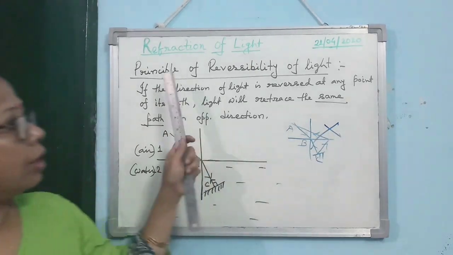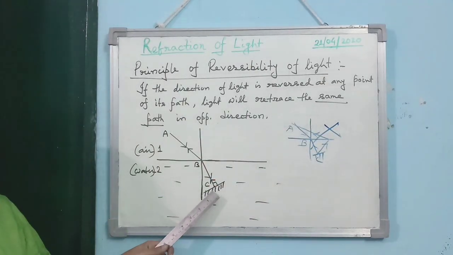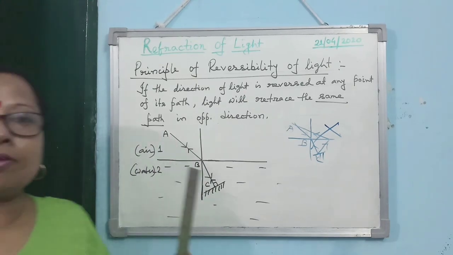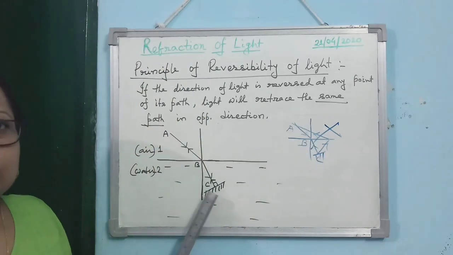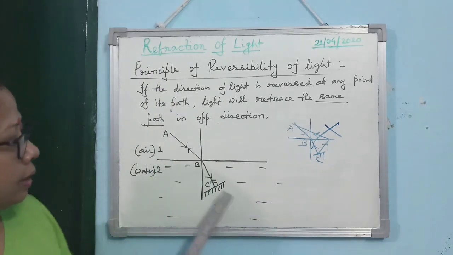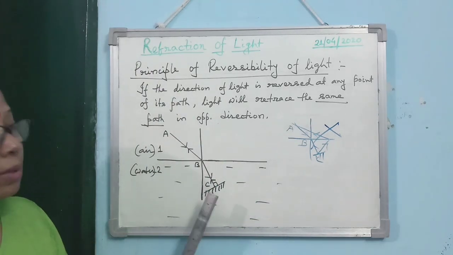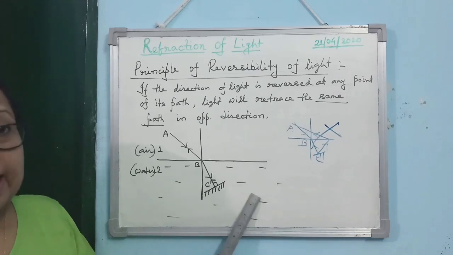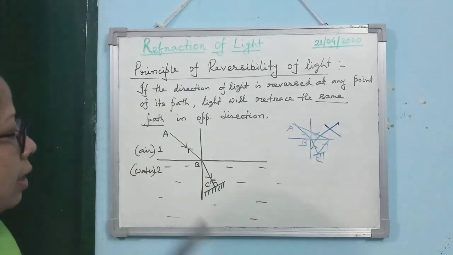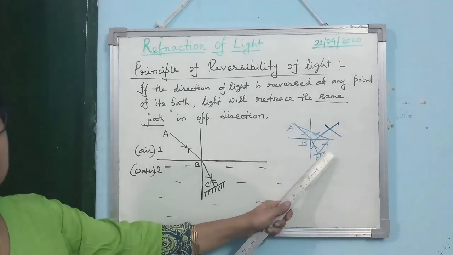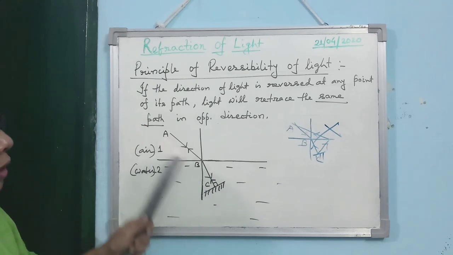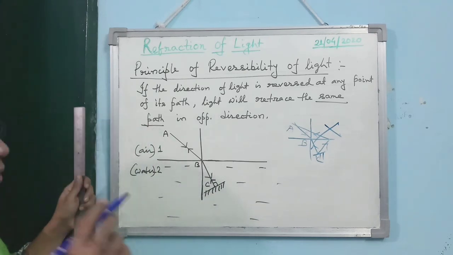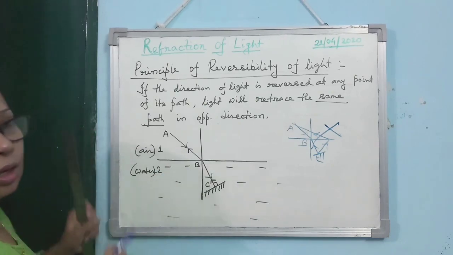What will happen according to the principle of reversibility of light? Light will follow the same path in the opposite direction. Light rays are very good. They are not naughty like you, taking the shortest route while coming and the longest route while going back. Never. They follow the same route. So you must remember. I have given this example so that you can remember it, because this is the most common mistake that children make. So please do not do this. If the question asks in which direction it will move, it will retrace the same path. Your answer is just to give the arrow in the opposite direction.